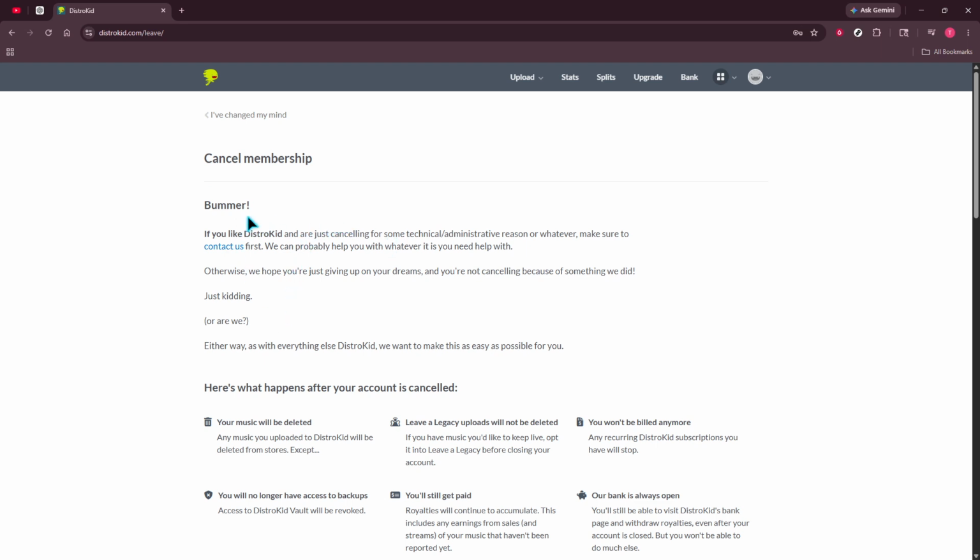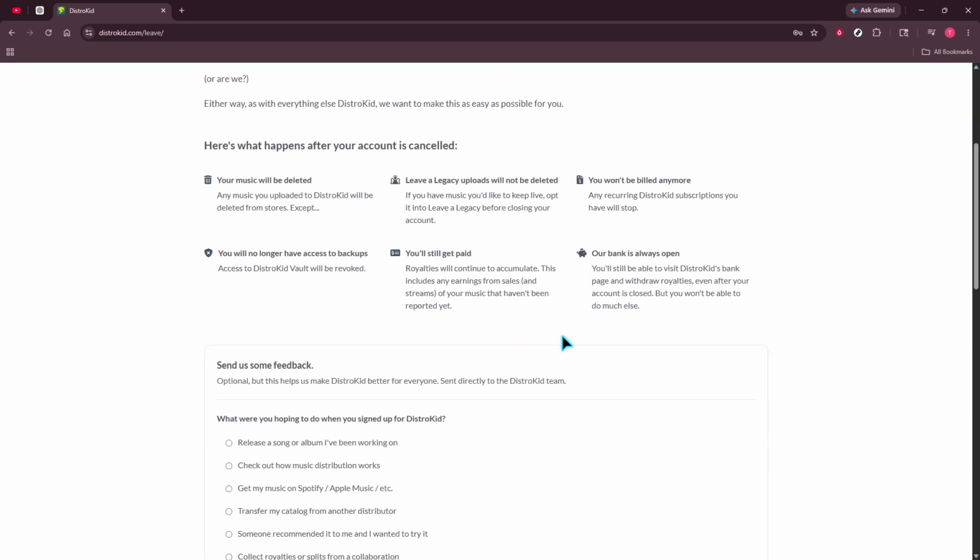You'll land on a page that clearly explains what happens after you cancel. Read this carefully. Distrokid uses this step to outline how your membership and releases are affected, how billing changes, and what happens to any extras tied to your plan. It's designed to help you avoid surprises, so take a minute to review the details, especially if you have active